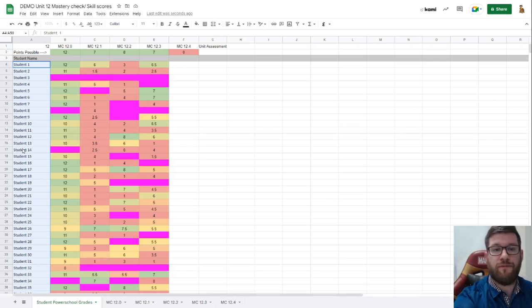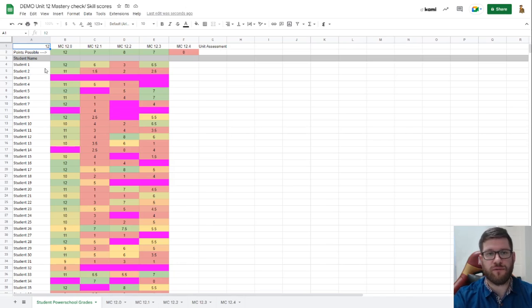So when you first hop into one of these, the chapter, you're just going to put that chapter number here. For us in math, we generally go up to 12. We have 12 units, so 12 is our biggest number here. But if we're on chapter 4, we could just put a chapter 4 in that top section there, and it